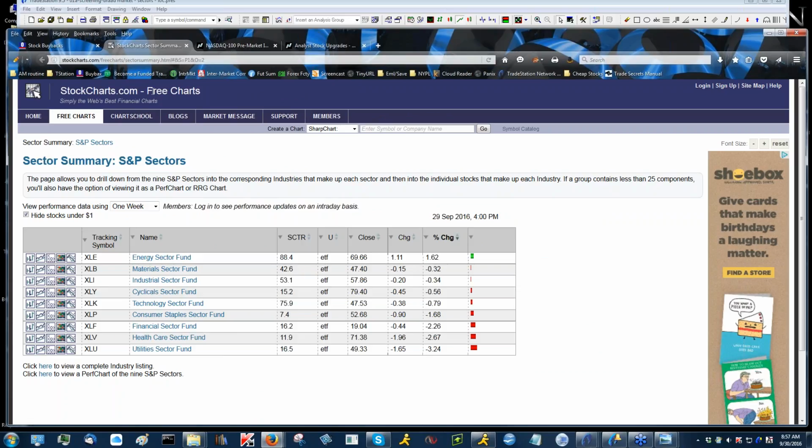This is stockcharts.com, and the beauty part is it's free charts. If you notice here, they have sector summary, S&P sectors, and they give you the major sectors in the market. Now if you notice, this is simply a one-day thing. But if you go over here and click where it says click here to view a performance chart of the sectors,